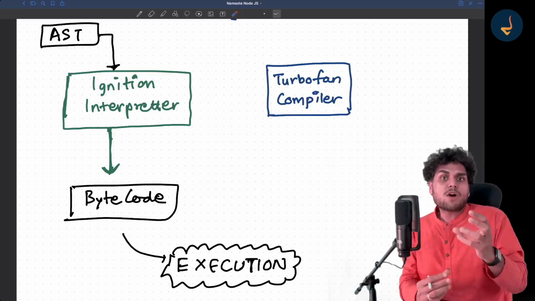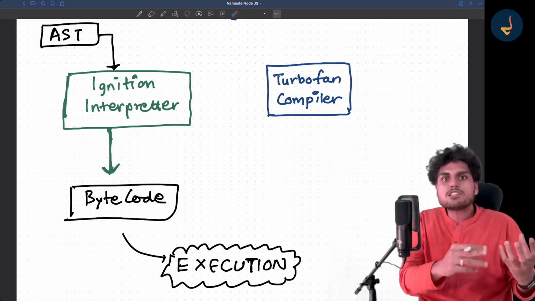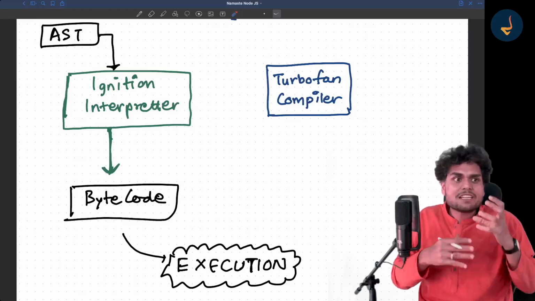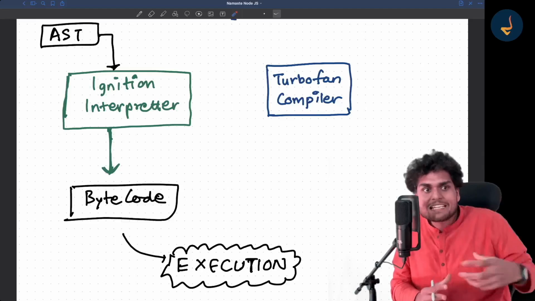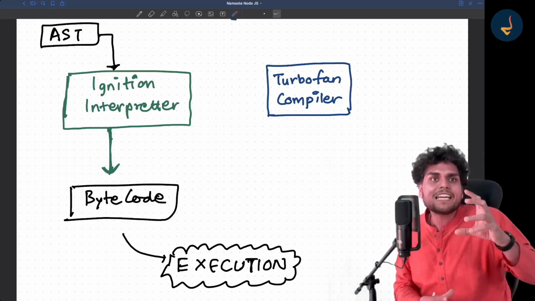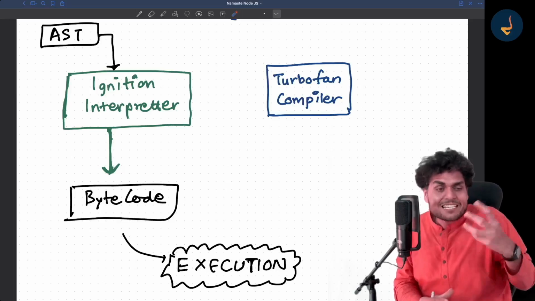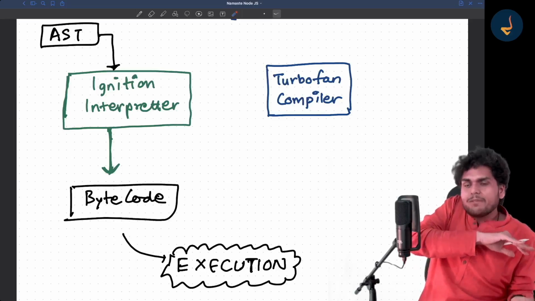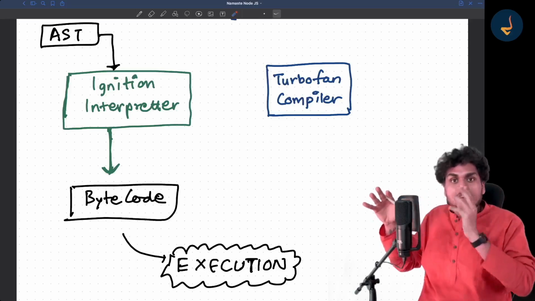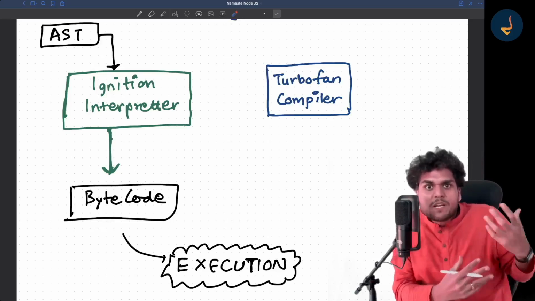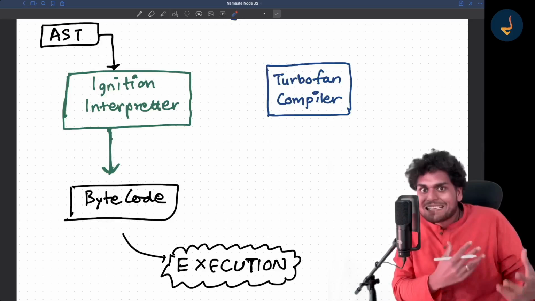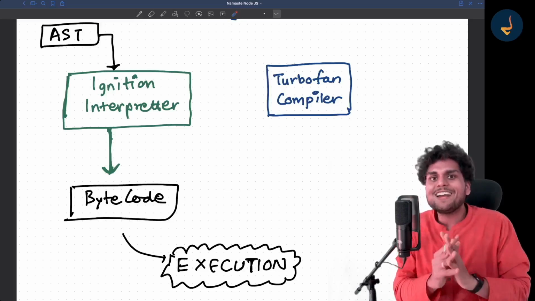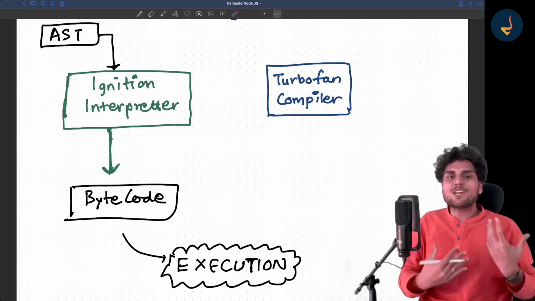Suppose there is a function, a variable, or a piece of code which is used a lot. It identifies the portion of your code which is executed again and again, and then the ignition interpreter gives that code to the Turbofan compiler so that we can compile and optimize it, and the next time it runs, it executes very, very fast. I know that was a long statement and you might not have understood it.